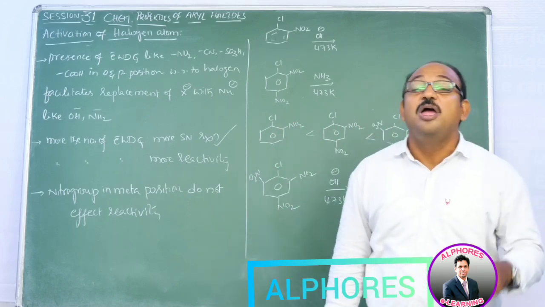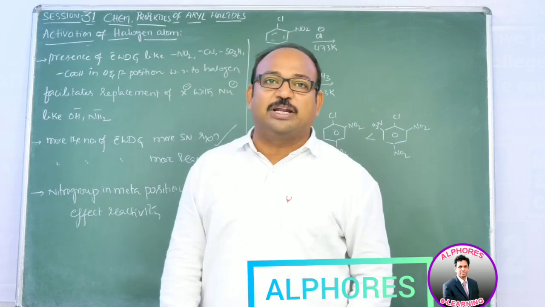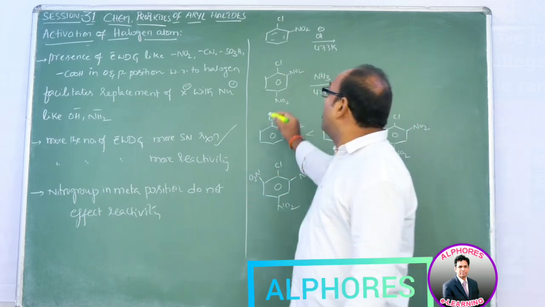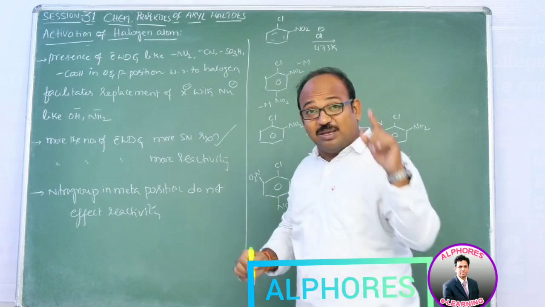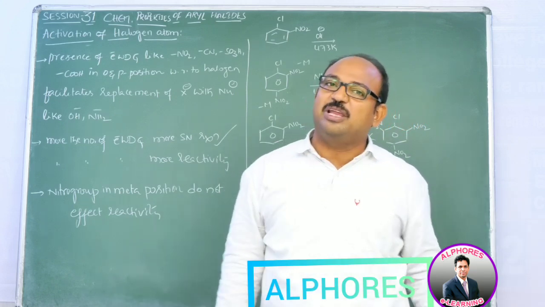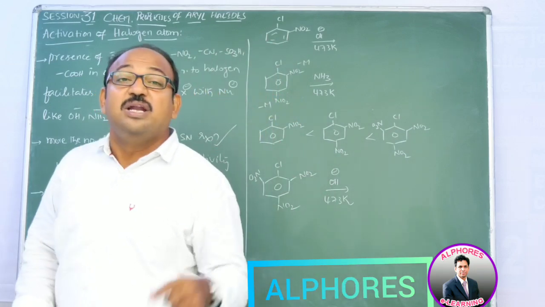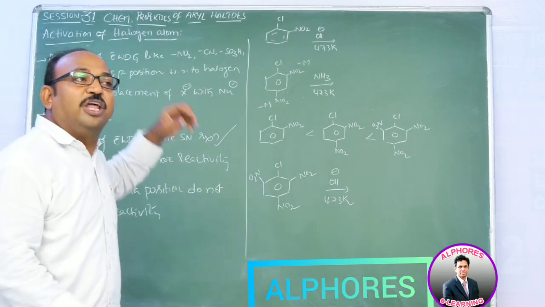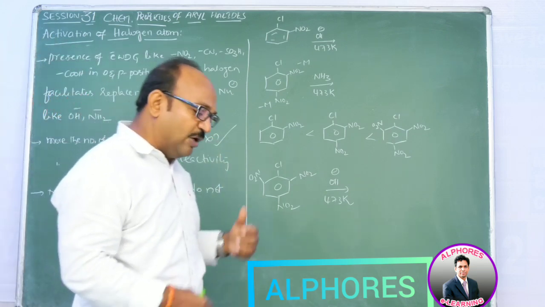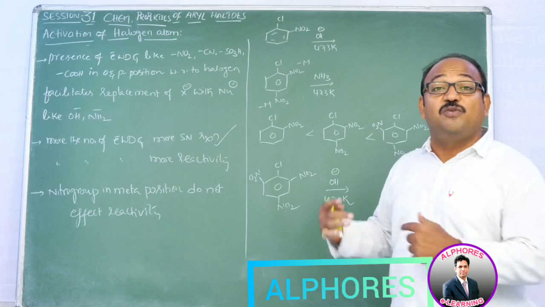As we discussed just now, the meta nitro group shows only the inductive effect, the minus I effect. But when a nitro group is in the ortho and para position, it shows the minus M effect. The minus M effect is distance independent. Minus M effect simply means the mesomeric effect, also called the resonance effect. This mesomeric or resonance effect is distance independent. That means whatever the distance it maintains, and whatever the number of carbon atoms, it's not a criterion here. Obviously, it can influence.